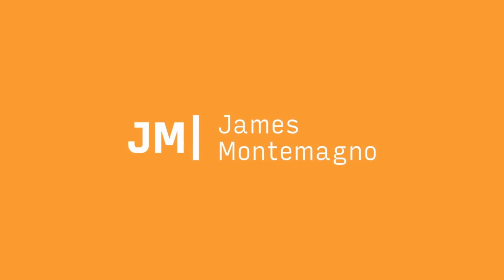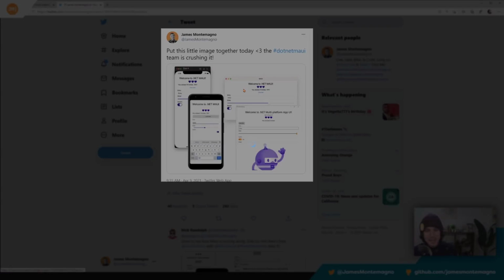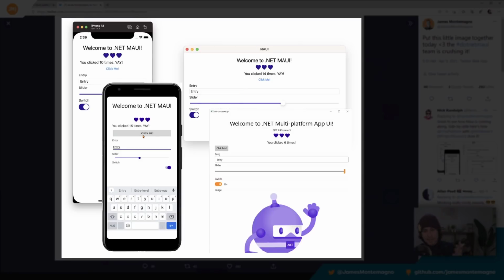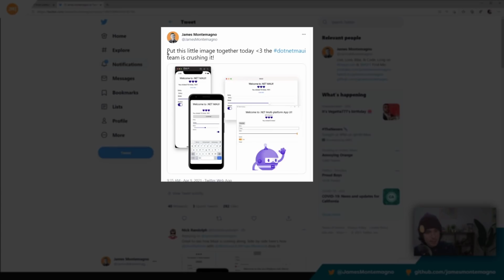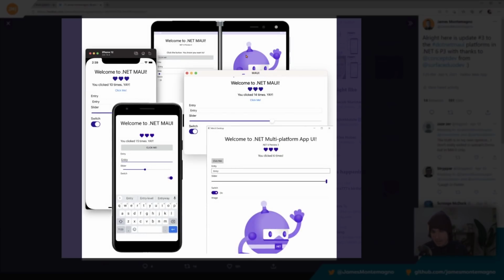Well, the first thing is that you may have seen me tweet this, which was an image saying that .NET 6 Preview 3 was out. And this is iOS, Android, macOS, and WinUI with a WinUI desktop application. I then revised it a little bit more because our good friend Craig Dunn reminded us that, of course, since you can run Android, you can put this on the Surface Duo. This is a beautiful picture of all of the possibilities that you can do with .NET MAUI today,